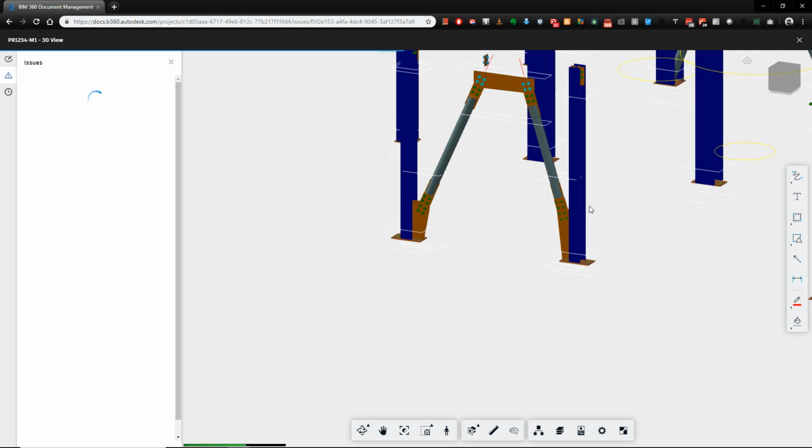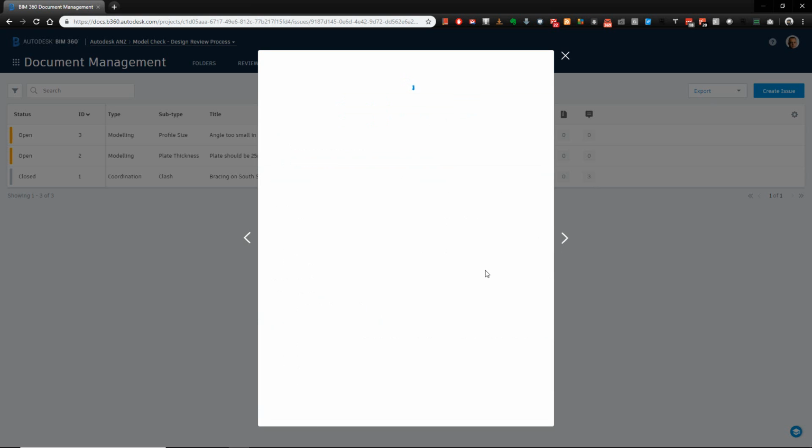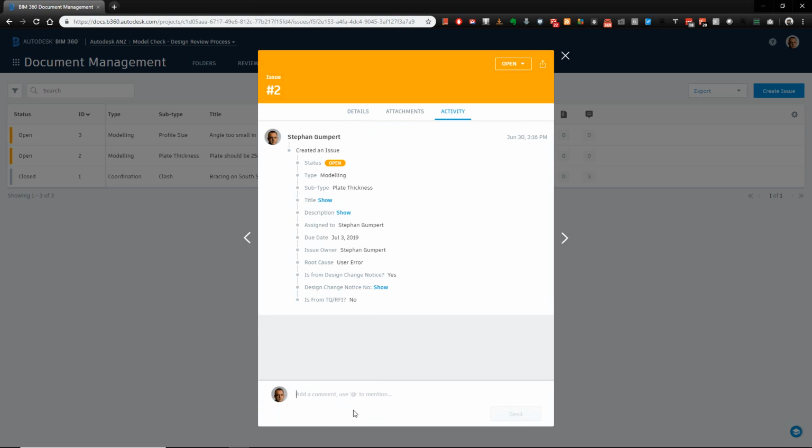It's still the current file. I can see that. I click. It will load the view for me so that I can see where the problem is. I don't necessarily have to navigate to the actual file itself. Where in this case, actually, I know that that's correct. So I can close that. I can come back in here. Go back. Come back into here, and in the activity, say,